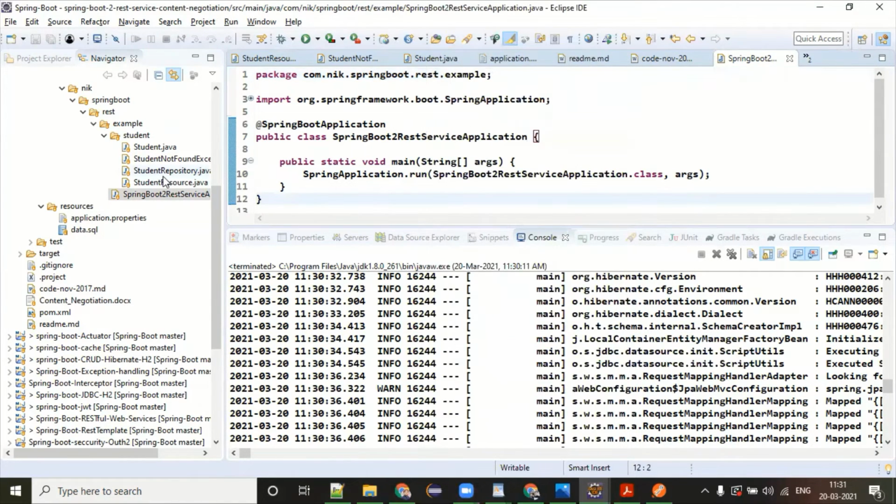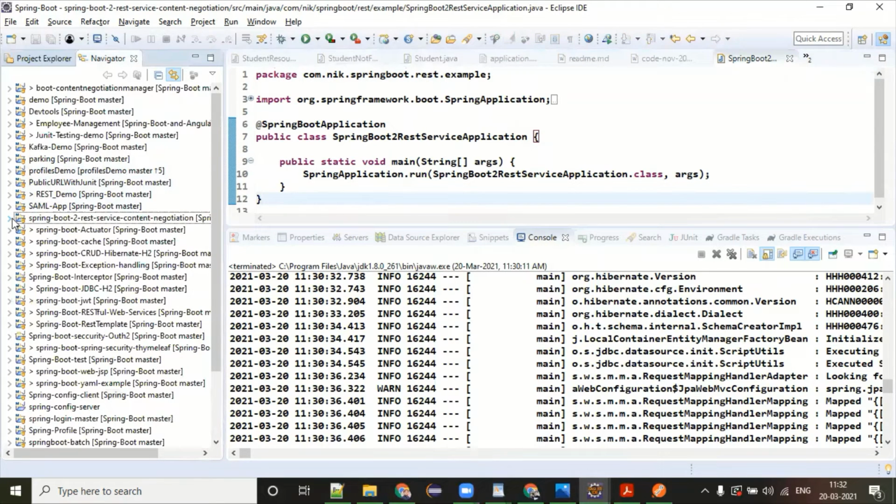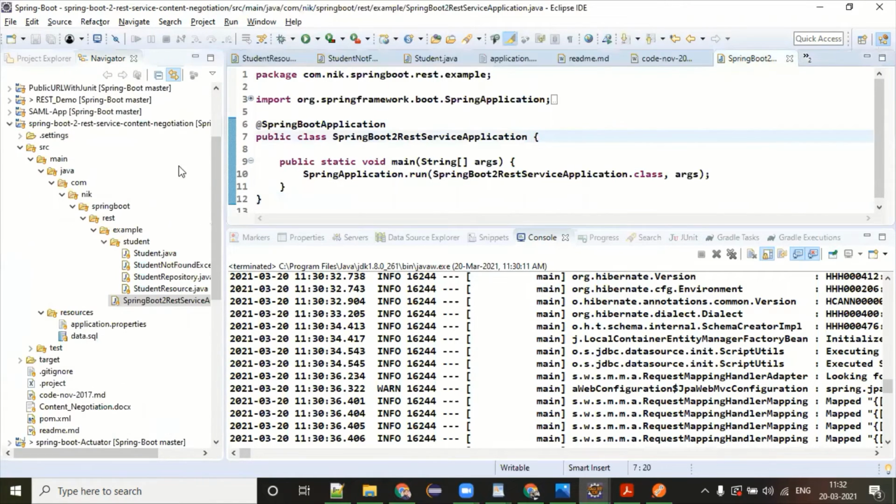There is some problem with this application, it's not responding. Okay, so where are you?